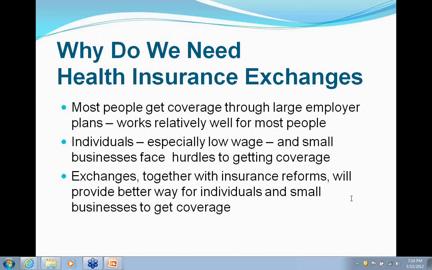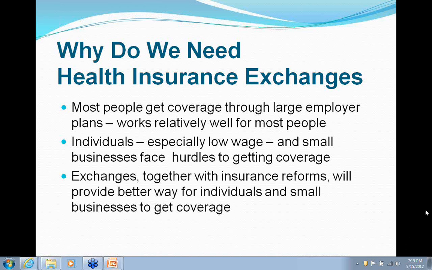So really, if you work for a large employer, you're likely to have it. If you don't, and you work for a smaller employer, you likely don't have it. So we see that certain segments in our employer-based system don't do well. Individuals, especially low-wage workers, and small businesses have trouble getting coverage. Either it's not offered to them or they're priced out of the market. One more number I wanted to share with you all. If it is a company that has many low-wage workers, only a quarter of the companies offer coverage. If they have fewer low-wage workers, 2/3 of the companies offer coverage. So again, we're really talking about low-wage workers and individuals and small businesses generally that have problems getting coverage in